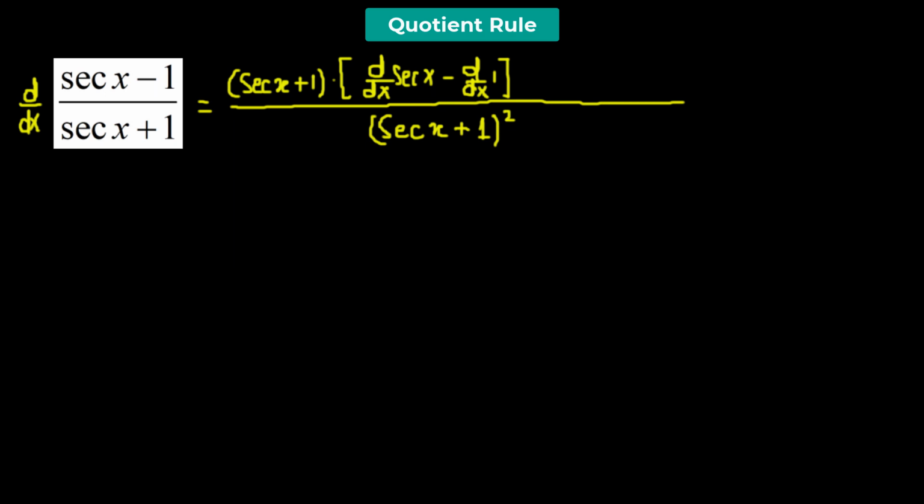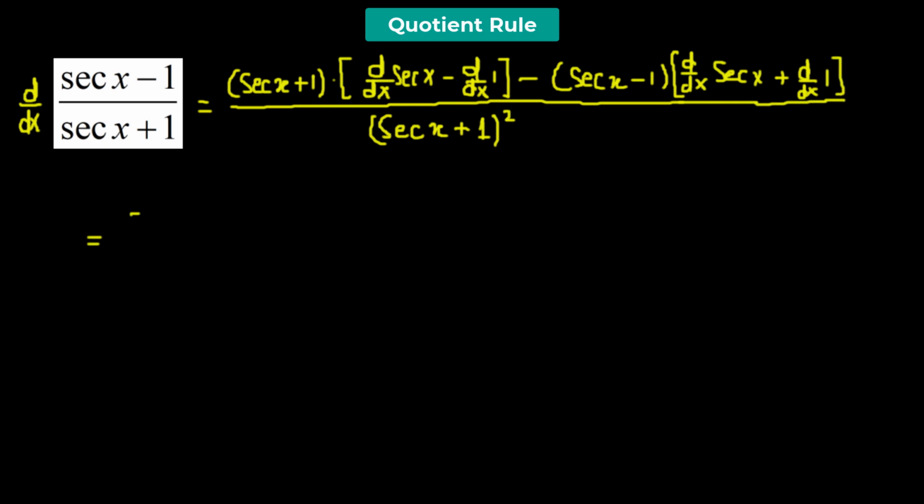So this is the derivative of the numerator minus the numerator times the derivative of the denominator, which will be derivative of secant of x plus the derivative of 1,